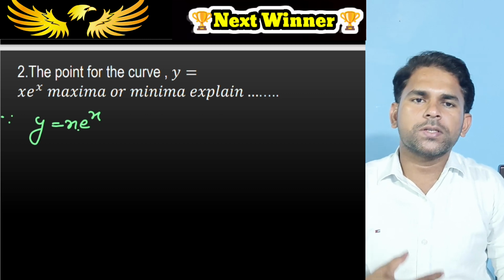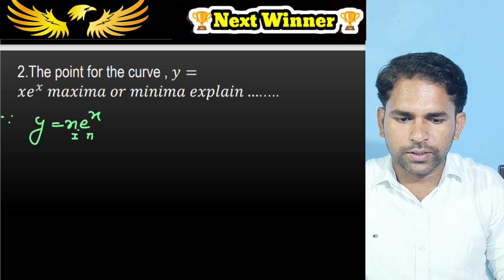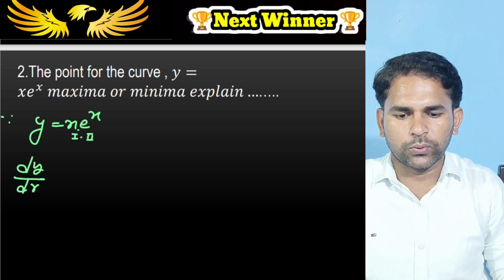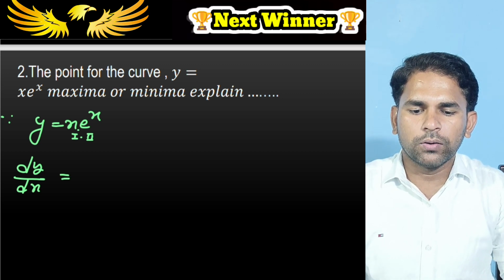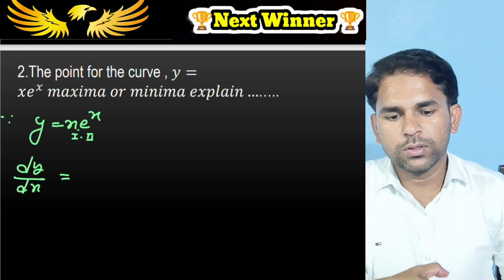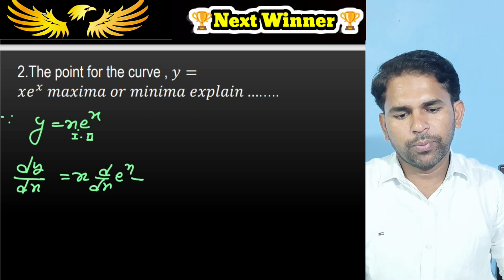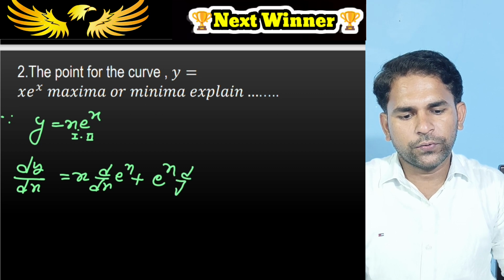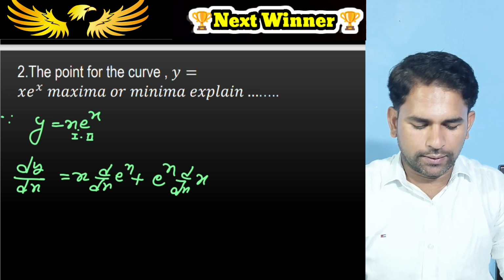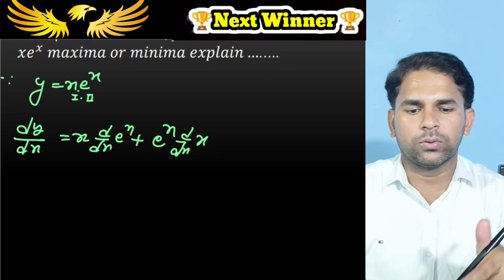So now first we need to differentiate this function. This is the first function and we can consider this one as the second. So we are going to differentiate this function with respect to x. We can write dy over dx is equal to, here we can apply the product rule: first differentiate second plus second differentiate first. If you have good practice differentiating like this, you can do it directly, no problem. For beginners, they can do it like this. Okay, now